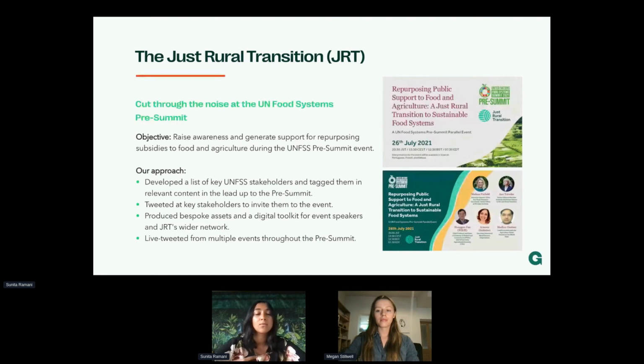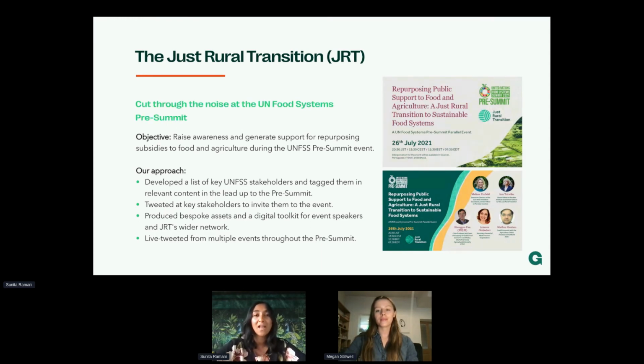So quite a specific goal and idea which they were trying to gain more traction with, and really trying to cut through all the noise and the different ideas and conversations at the UNFSS pre-summit, and get that message across. So in this case, our approach was, first of all, to develop a list of key stakeholders who were involved with the summit and who were making the decisions, speaking and participating.